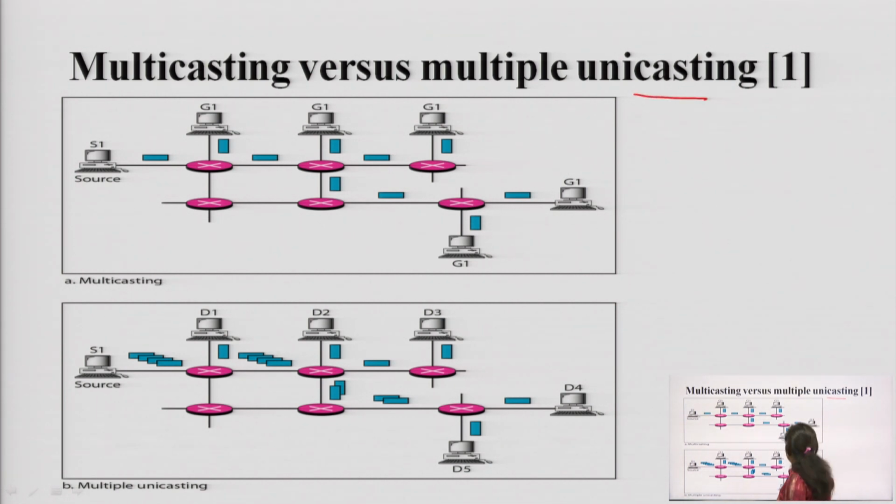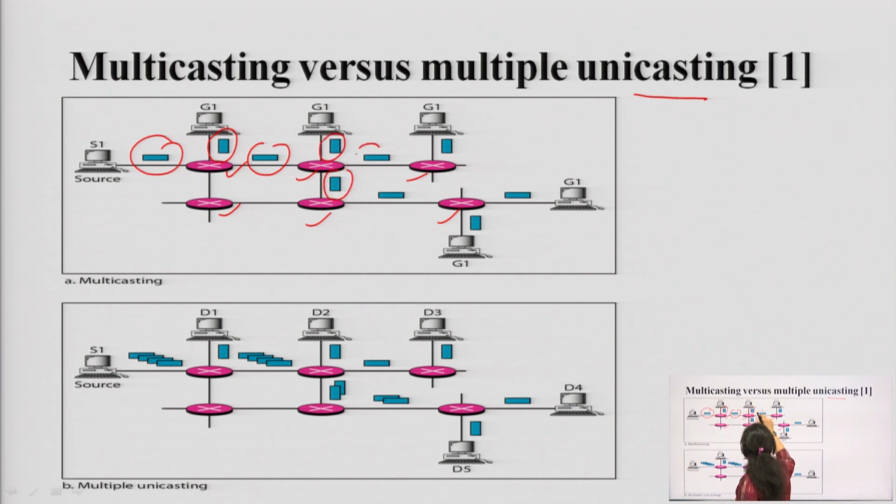This is source A, and these are the different nodes which are connected over here. This is router 1, router 2, 3, 4, 5 and 6. These are the different routers, and these are the paths the packets will follow. Like at this point there are 2 different nodes, and at this point there are 2 different nodes. This is how the data will be transferred from this path to this path. So, this is the case for multicasting.